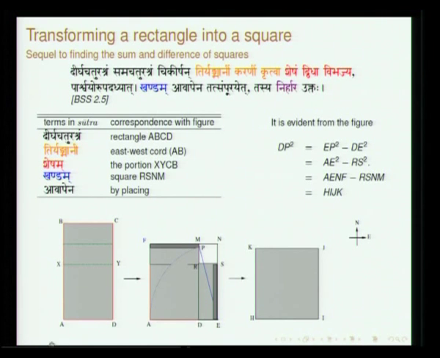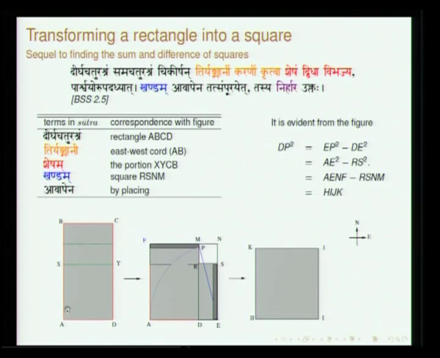So, let us consider this diagram and understand the sutra. We have ABCD, a rectangle. Now, we want to transform this rectangle into a square. So, there is a certain prescription which is given in the sutra. It says, this has two sides which are unequal. One is AB, the other is BC. So, AB is Parshvamani, BC is Tiryang Mani.